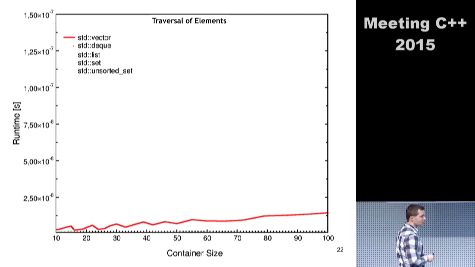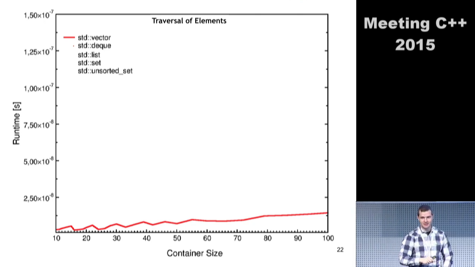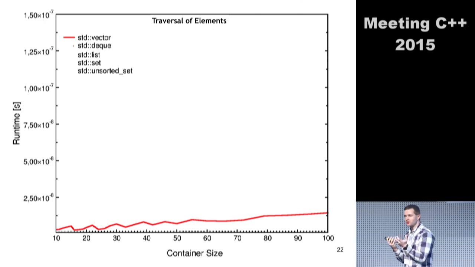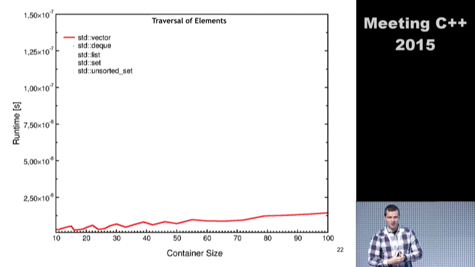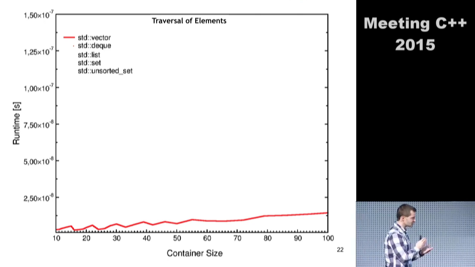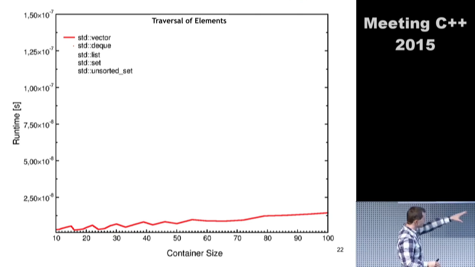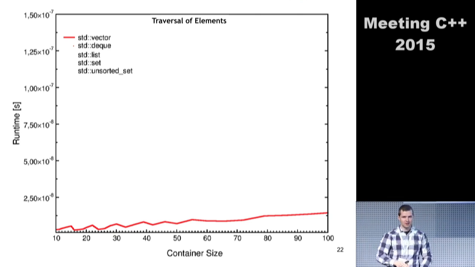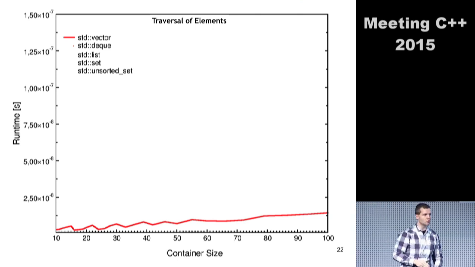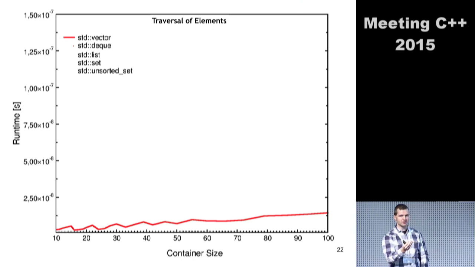So, let's take a look at deque, the double-ended queue. You saw, okay, it has vector-like properties, but it's not quite a vector. So, from a gut feeling, what do you think is the performance just traversing the elements? From very small deques to deques with, say, 100 elements. Is it a factor of, let's say, 1.1, so very close to the vector?